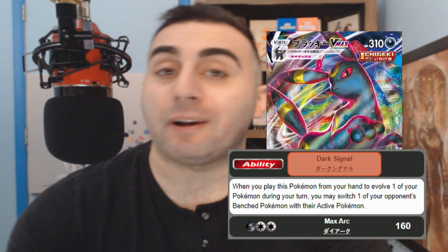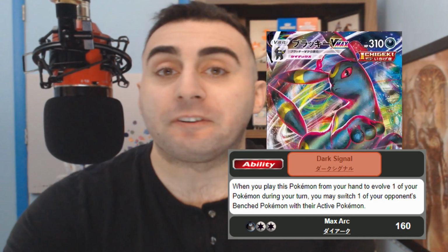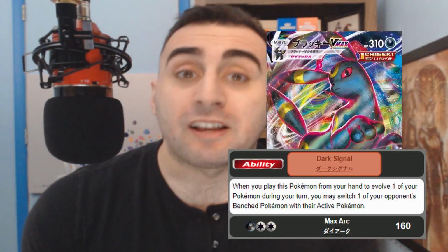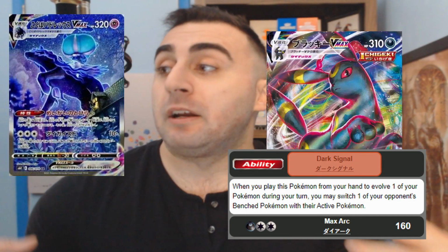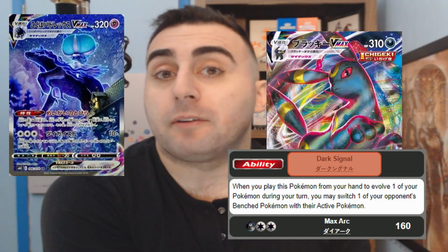Once during your turn, when you play this card from your hand to evolve one of your Pokemon, you may switch your opponent's active Pokemon with one of their benched Pokemon. So basically, by evolving into Umbreon VMAX, you now get to use essentially Boss's Order without using the supporter option for your turn, which is great, because maybe your opponent has a Shadow Rider Calyrex VMAX on their bench that they're powering up, or that they have a bunch of energy on one of their other Pokemon,